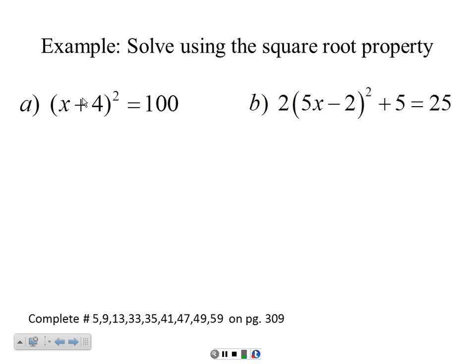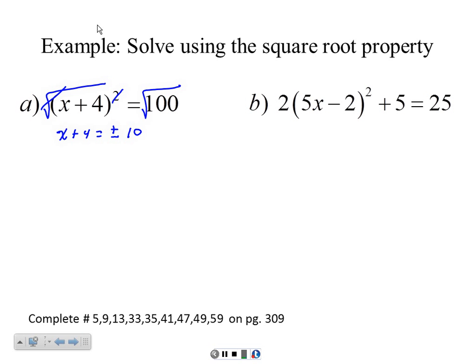Alright, so let's take it a little farther. What if we have a group that is squared? Well, the process is still the same. We've got to get rid of this square in order to get to this x. So to get rid of a square, you're going to take the square root, and so the square cancels out the square root, and you get x plus 4 is equal to plus or minus the square root of 100,